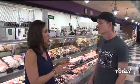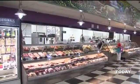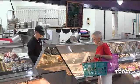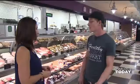Also, you say that you don't have to buy the most expensive cut of meat. No, oftentimes the most expensive cut of meat is not going to be the best for what you're working on. And here at the Healthy Home Market, if somebody's confused, they can ask you for help, right? They can tell you what they're making, and you'll help them make that choice. Exactly. If you have a recipe, it might tell you exactly what you want, but we're here to offer suggestions